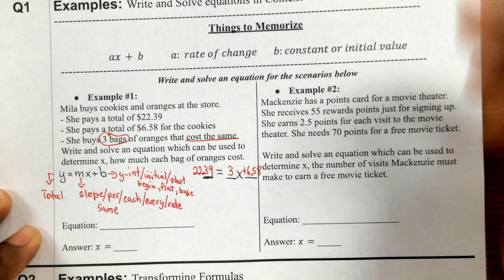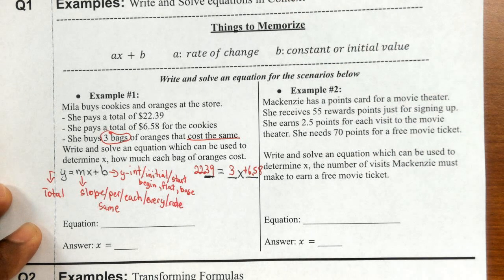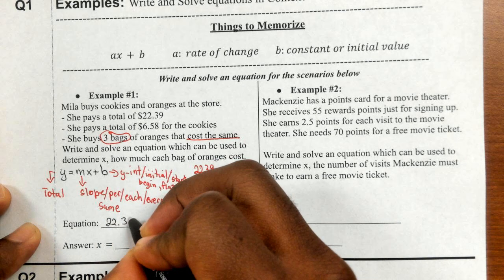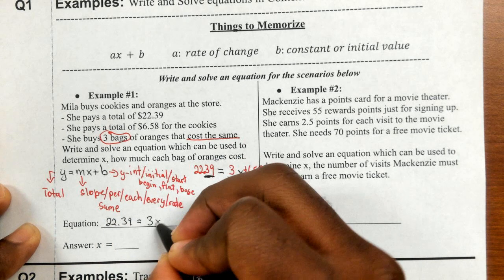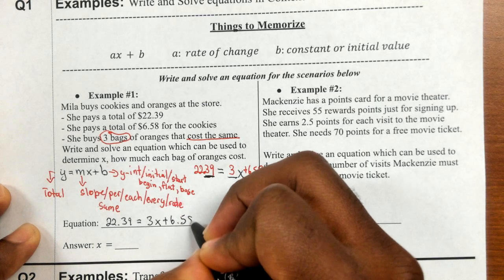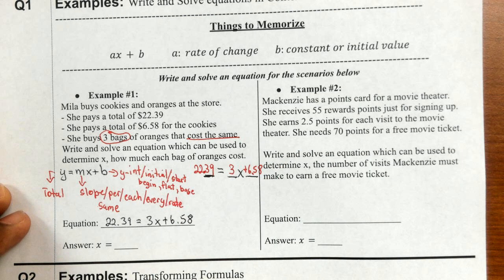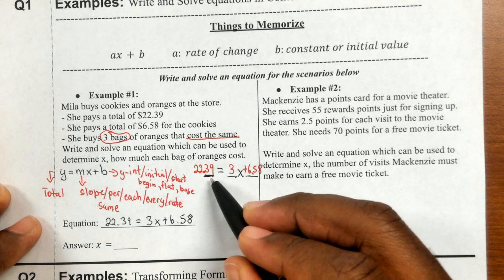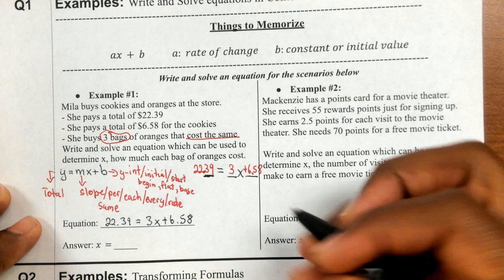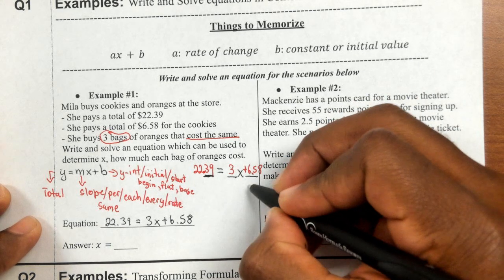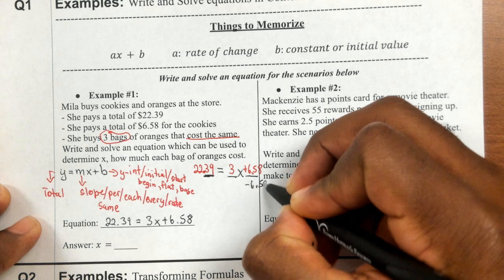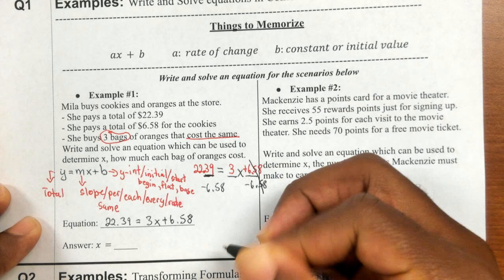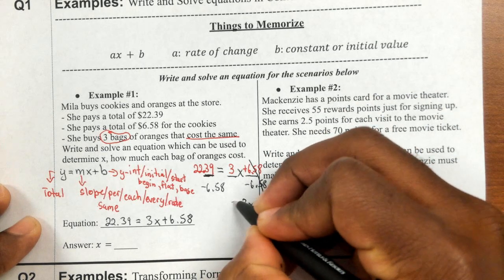So all I have to do now is solve this. This is my equation: 22.39 equals 3x plus 6.58. To solve our equation, we always move our constant to the other side first, the number that's not attached to the x. To move a positive 6.58 to the other side, we subtract 6.58. That gets canceled, and now we have 3x is equal to